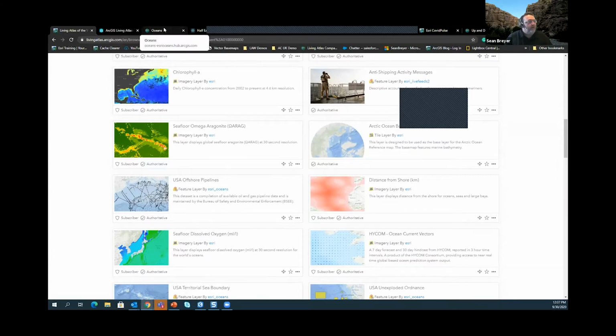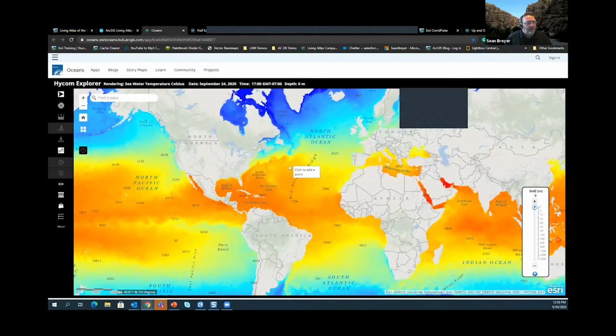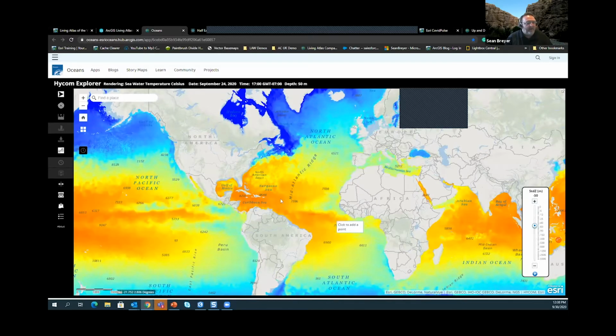And I thought I would just jump into this quick app explorer, since it's hard to look at multi-dimensional data in a single map. I'd bring it up here, and this is actually HYCOM, and we're looking at September 24th. So we're looking a little bit into the history right now through this data cube. And you can see very quickly, just by changing the depth layer, we can look at the change in depth of the map and what the temperature is there. I've actually got temperature turned on. If I zoom into an area,